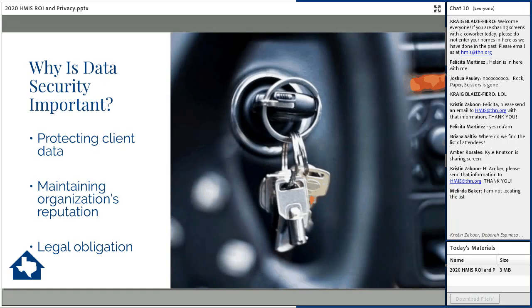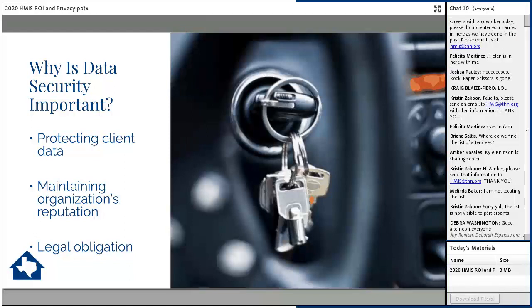So let's talk about why data security is important. I want you to imagine a scenario where you drive your car to the grocery, and once you're inside the store shopping, you suddenly remember that you forgot to lock your car, and in fact, the driver's door is wide open and the keys are in the ignition. You would panic and run outside, right?